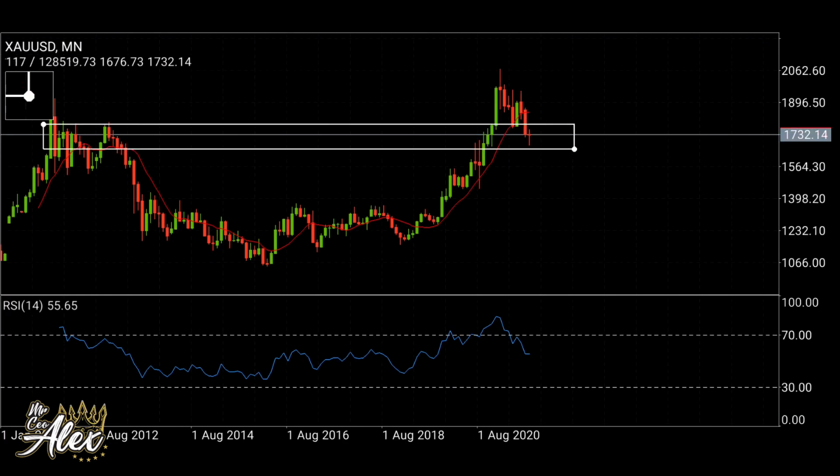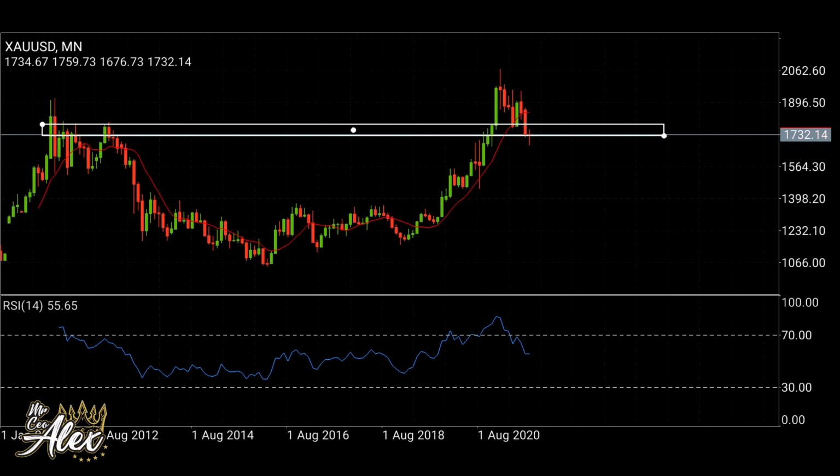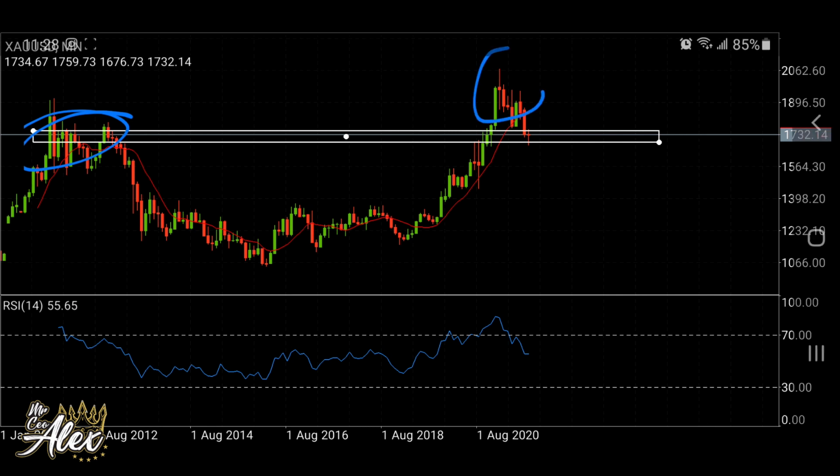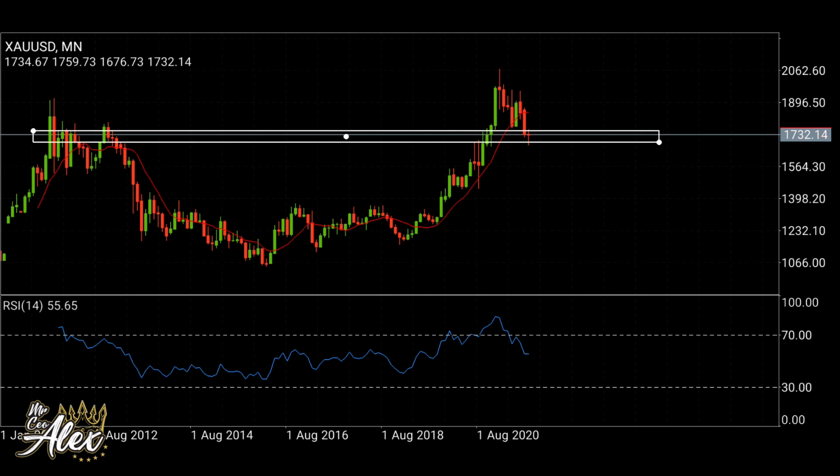major support area right here. We can see that price is at a major support area. As you can see, it was resistance there and then finally broke above, and now price is confirming that area as support. So what I expect from the pair is to close with maybe like a doji on the monthly time frame and then continue